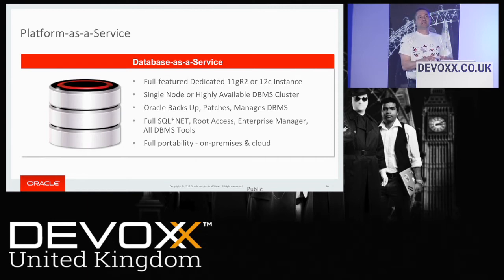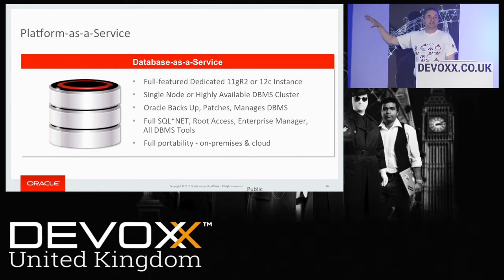The nice thing about this is that in the same way that you don't have to worry about where your electricity comes from, who actually ensures that there's enough fuel for the power station, it's the same idea with the cloud. So we take care of all of the things in terms of your database, like backups. We provide you with a quality of service. We provide you with a contract which says that you will have uptime of, how many nines of uptime, and we can guarantee that. We will deal with making sure that your software is up to date. You don't need to have people come in and ensure that you've got the latest patches. We'll do that for you. We'll even manage the whole database management system side of things for you.